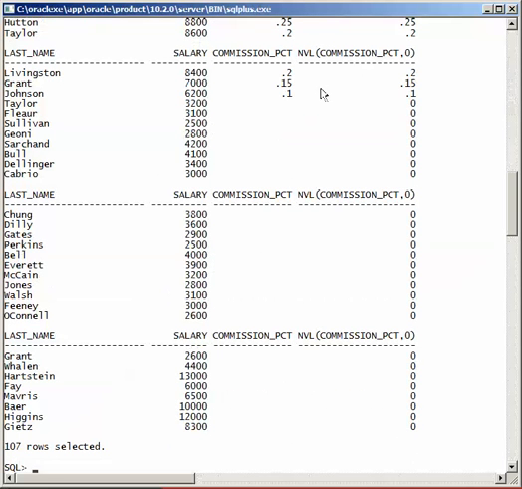So here, if I have a null commission, it will convert it into 0, and if I have a not null value, it will return it as it is. Let's see another example.